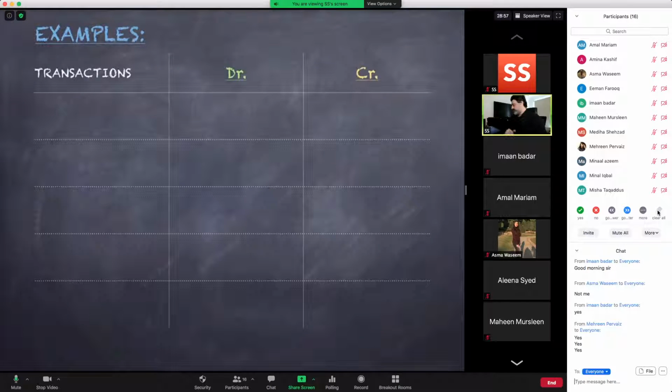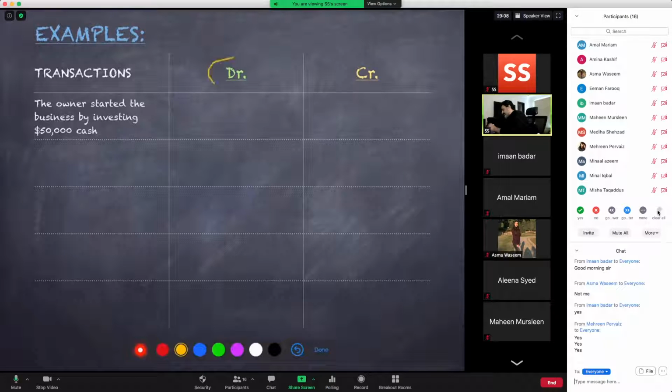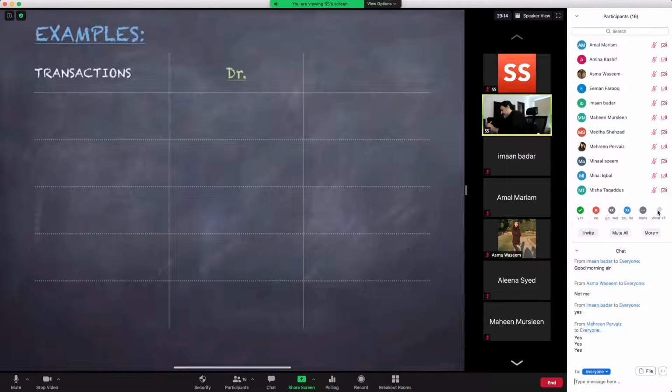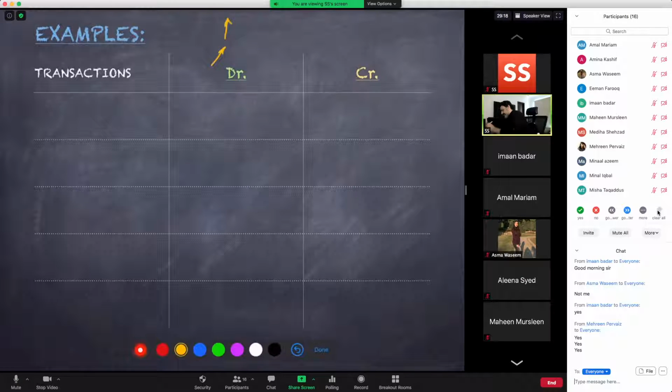So the first transaction is that the owner started the business by investing $50,000 in cash. And now we know what debit means. Debit means either assets are increasing, either increase in assets, or decrease in obligations. This is what debit